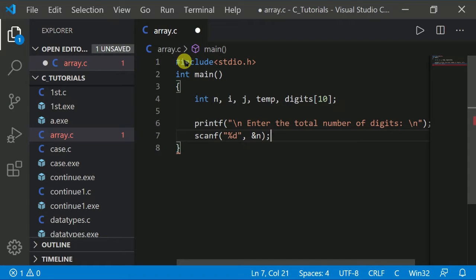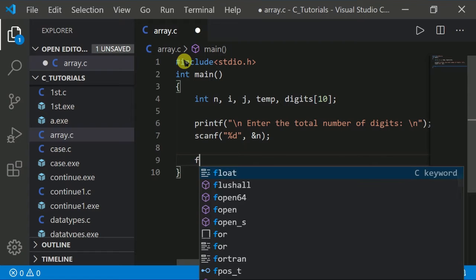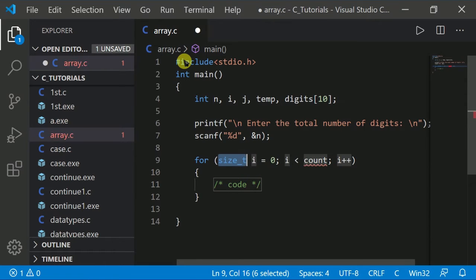After that we will start our loop, with i equal to 0 and i less than n, where n is the total number of our digits.